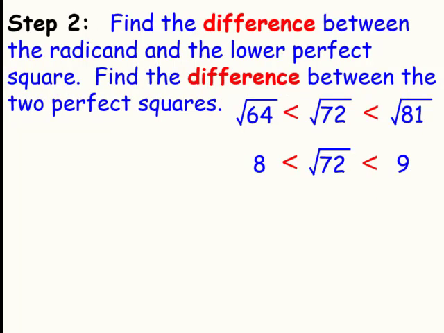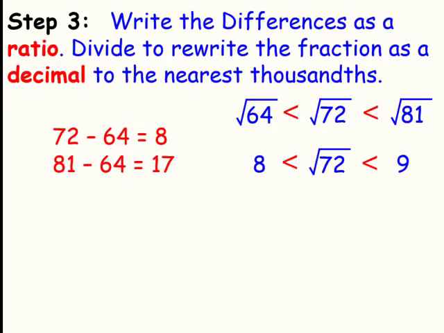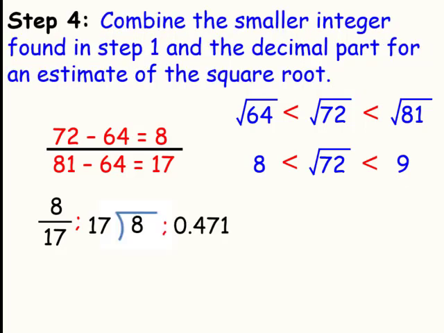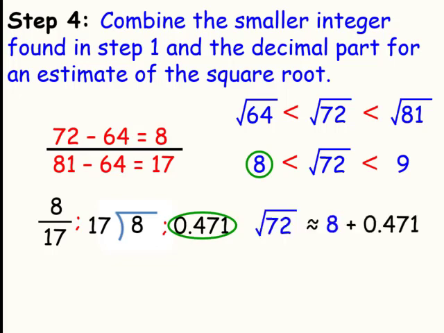Step number 2, find the difference between the radicand and the lower perfect square. Find the difference between the two perfect squares. Step number 3, write the difference as a ratio. Divide to rewrite the fraction as a decimal to the nearest thousandth. Step number 4, combine the smaller integer found in step number 1 and the decimal part for an estimate of the square root. 8 plus